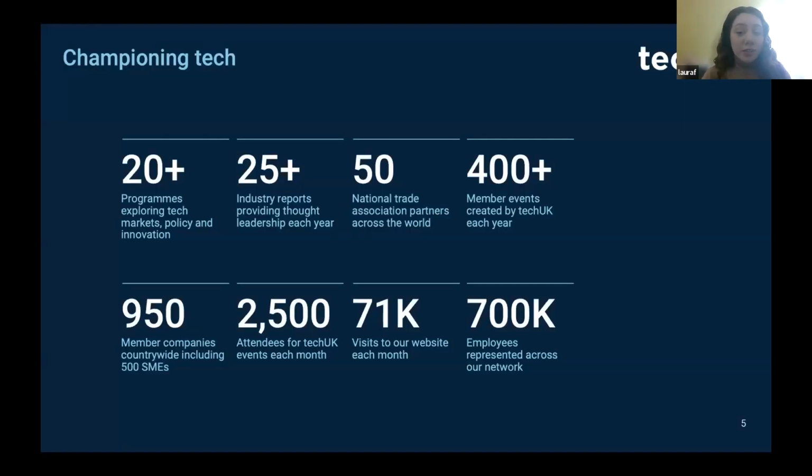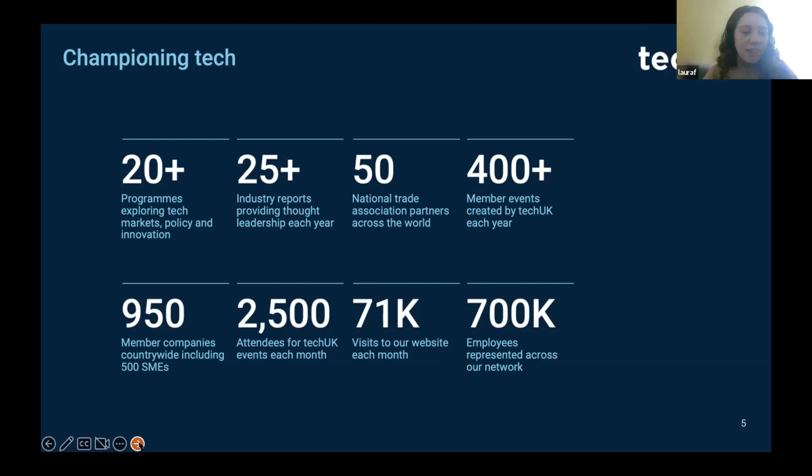Now, we have over 950 members at TechUK. These are tech agnostic, so they're not just working in the quantum space, they're working across all forms of emerging and transformative technologies. And we have all the big players in membership that you would expect. So your Googles, your Microsofts, your IBMs. I saw someone from IBM on the call. Hello. But we are really, really proud that two thirds of our members would fall into that kind of startup or SME range. And that is because we want to make sure that we are representing the UK tech ecosystem as a whole and the need of the entire UK tech sector.